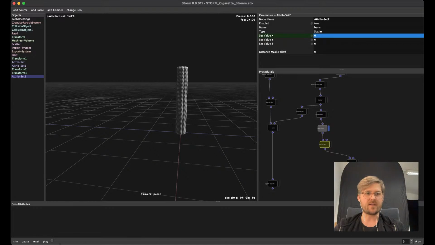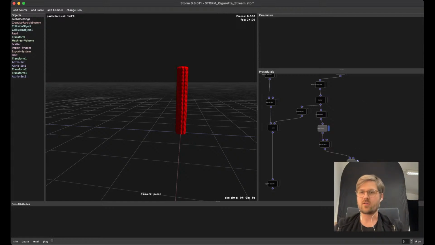Just remember we have the particle y position is 0 till 1, and the frame starts already with 1 or 0. So we only need a fraction of this value. And then we can just have a look how that looks